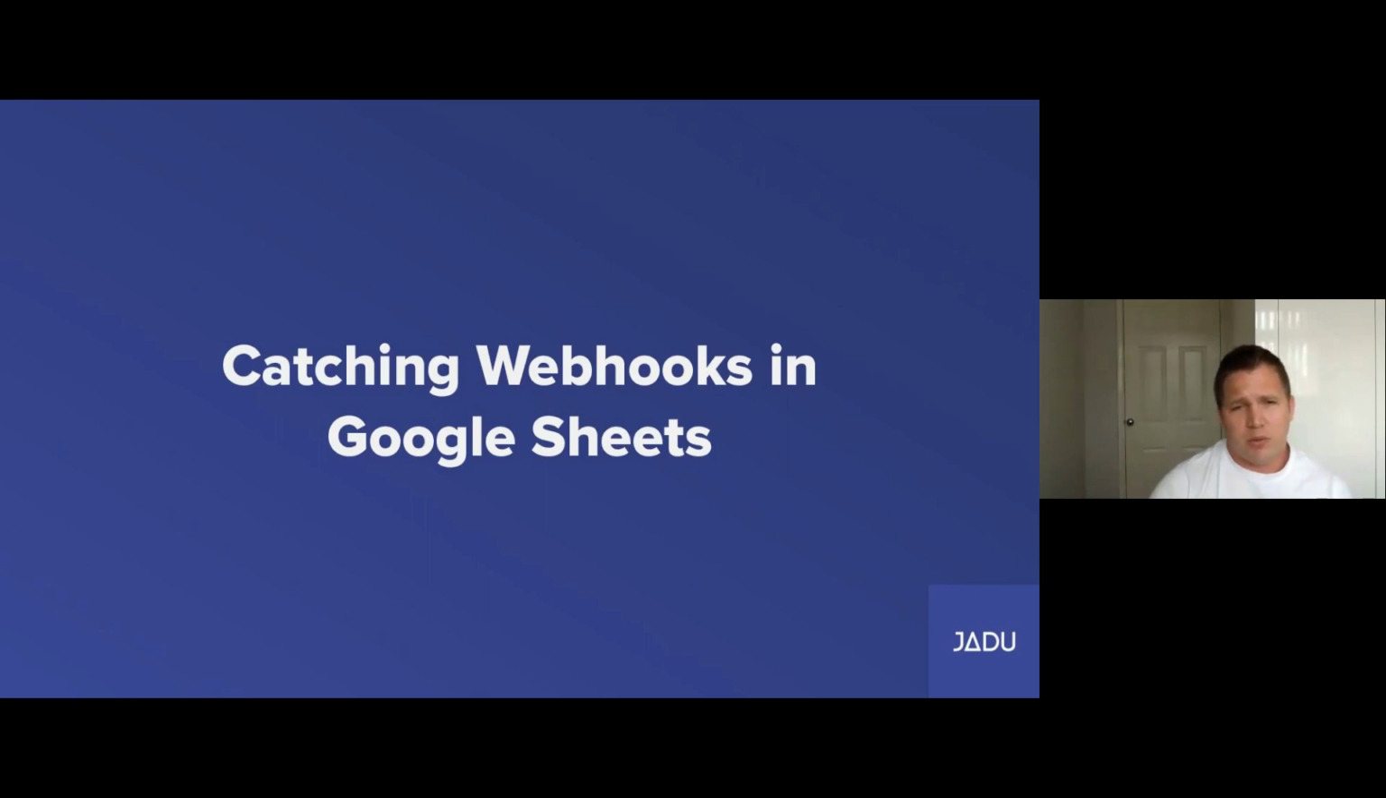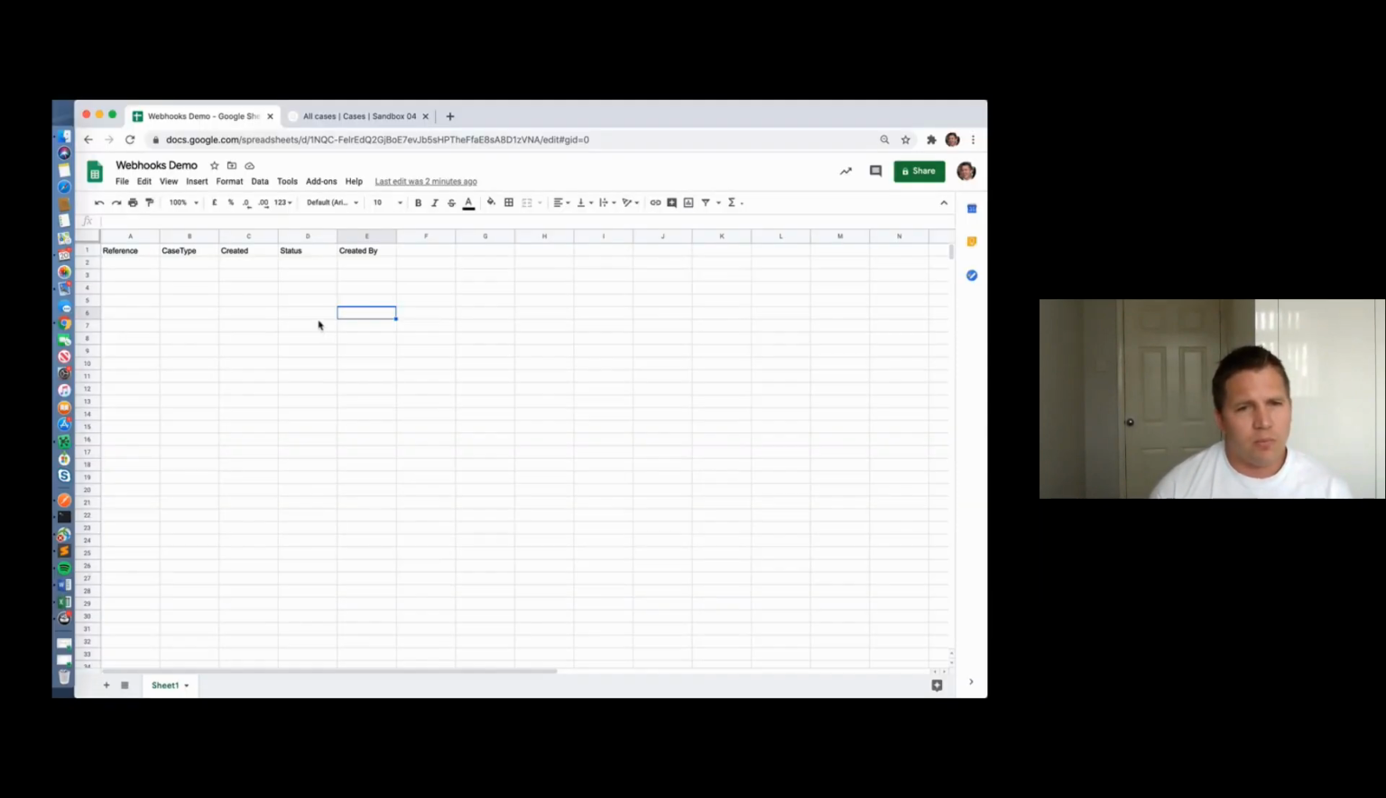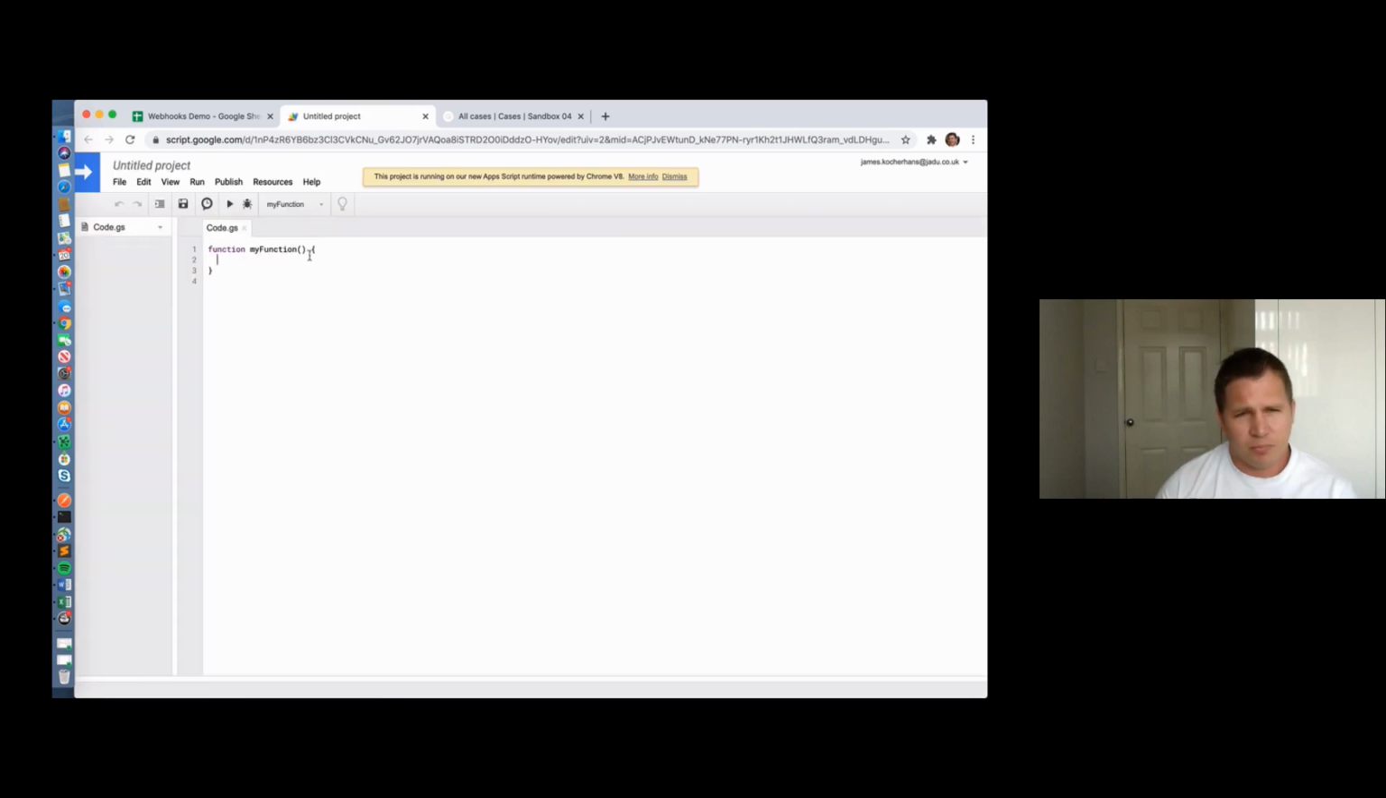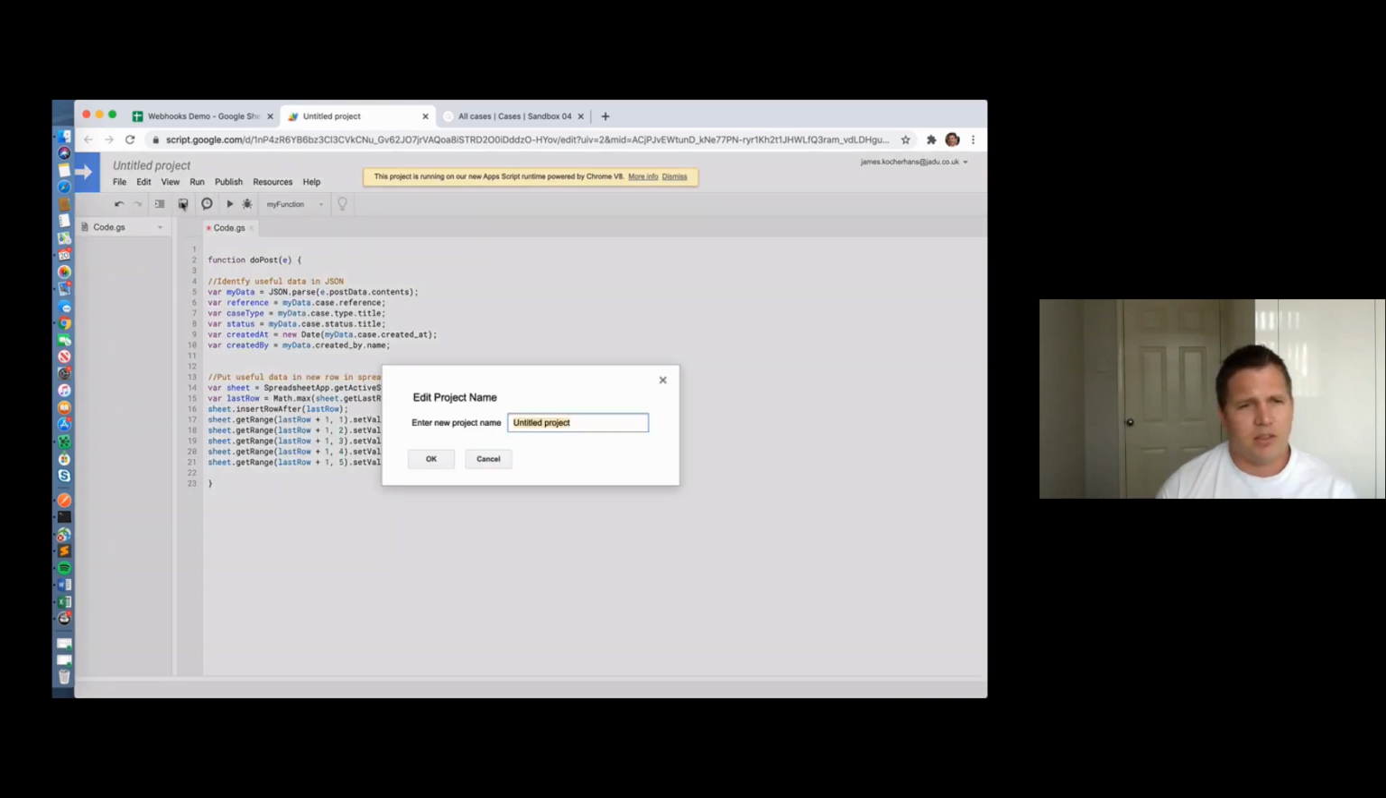So the first thing we're going to do is show you how to just catch information in a Google Sheet using webhooks. What I've got here is a Google Sheet with some headers in it: a reference, what case type, when it was created, the status of it, and who created it. All I'm going to do is go to Script Editor and paste in the code that I've given. Basically, all this is going to do is tell the sheet where to put the data that the webhook sends it. So if I save this,